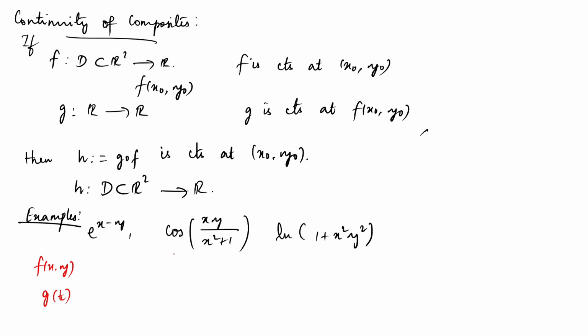So f of xy means it has to be a function of two variables. So it is xy upon x squared plus 1. This is my function f. This is continuous everywhere because you have no troublesome point, since x squared plus 1 is always positive. Your function is continuous everywhere on R2, and you know your cos is also continuous everywhere. So you input xy upon x squared plus 1 to this g, and you get this function. So you can very well come to a conclusion that the functions given here are continuous.